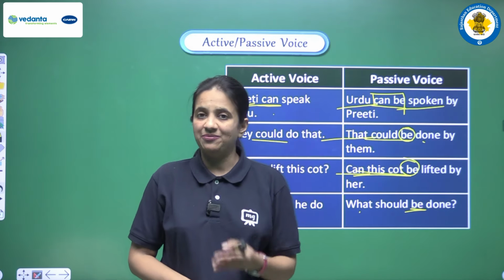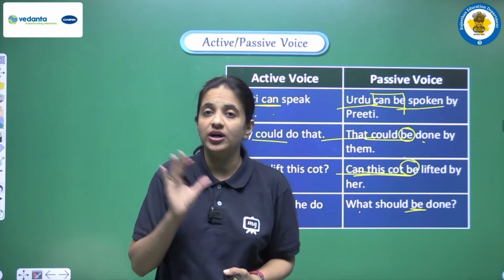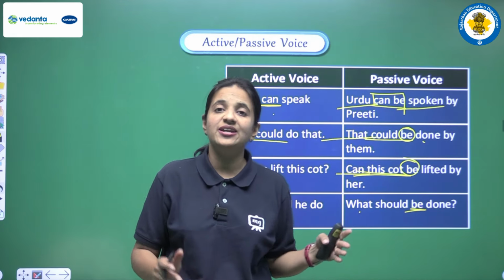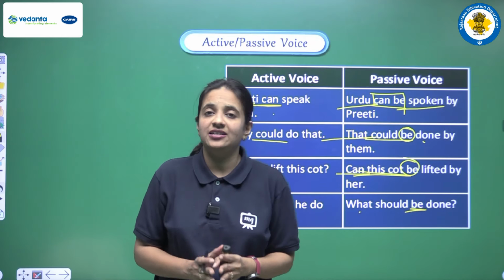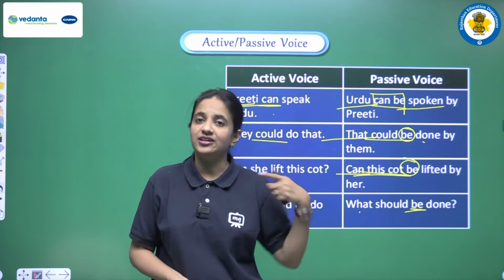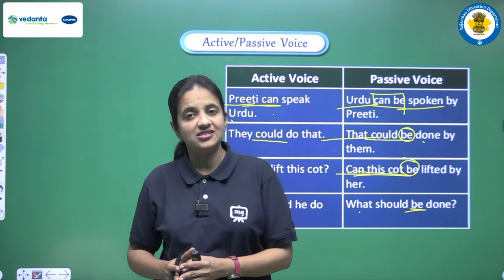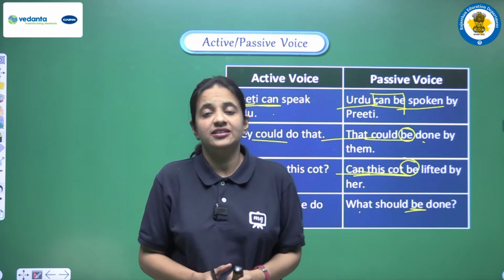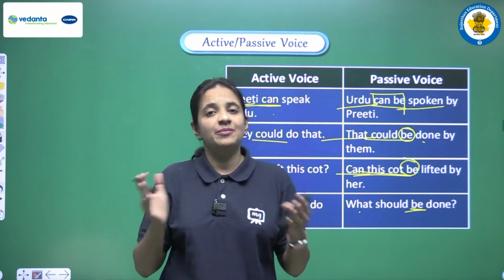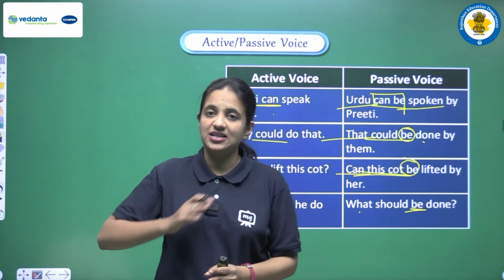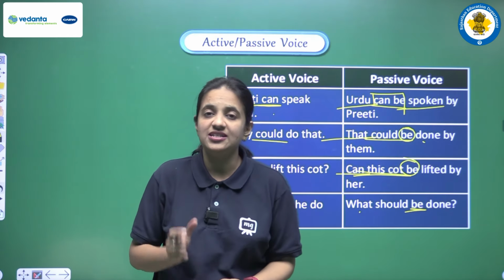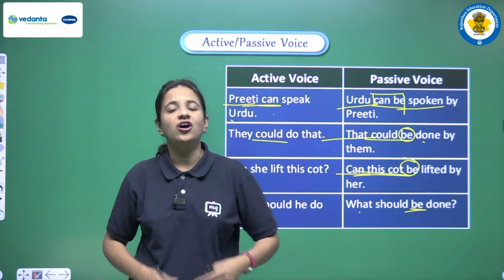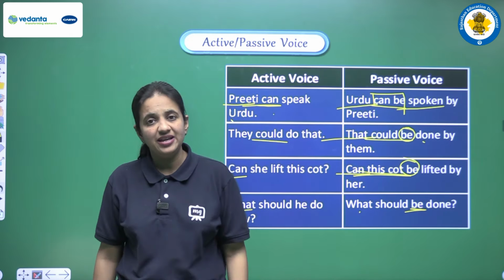So yes, you have to remember this thing, that we don't change the modal, we use the same modal, but we just add be with that modal, and the other rules are the same. We have to write third form of the main verb. The sentence will start with the object, subject will be there in the end of the sentence. So बाकी जितने भी rules हैं वो बिल्कुल same रहेंगे. हमें सिर्फ ये ध्यान रखना है that we have to use the same modal, but we have to just add be. Clear?